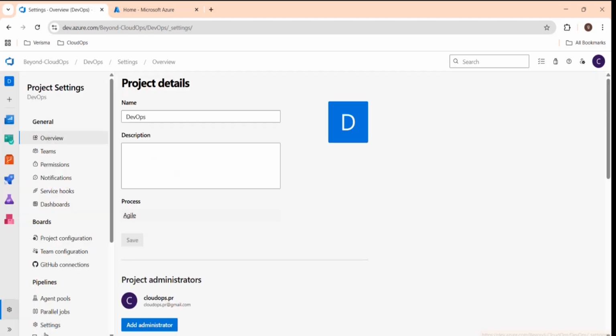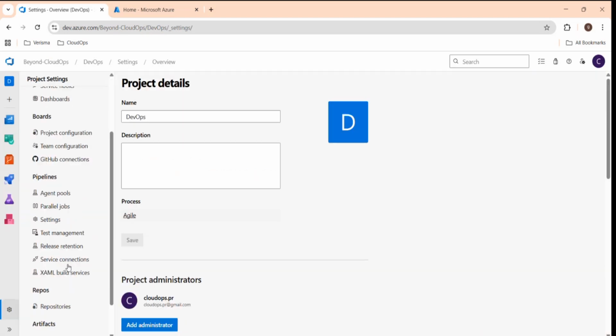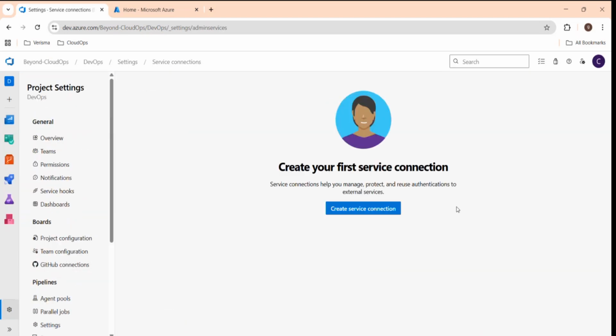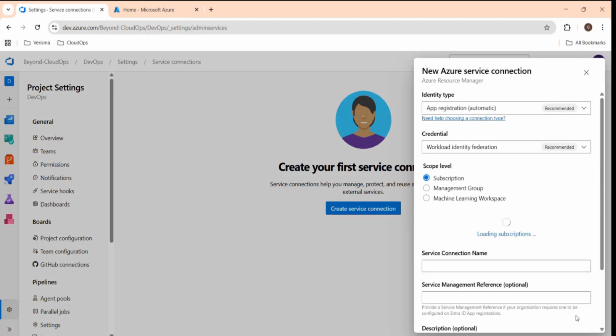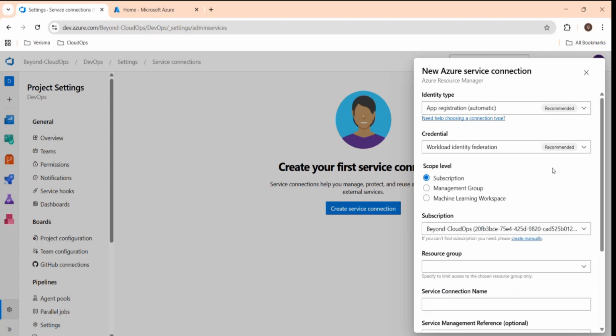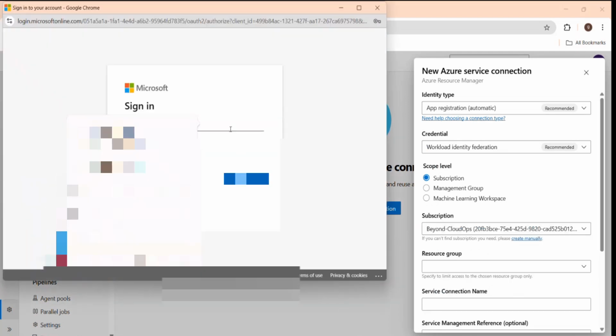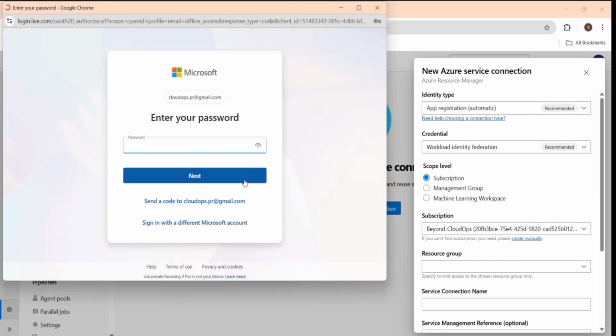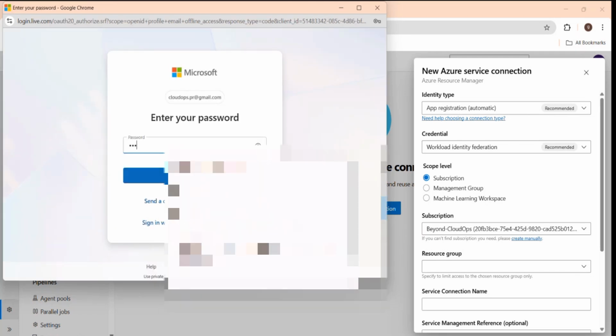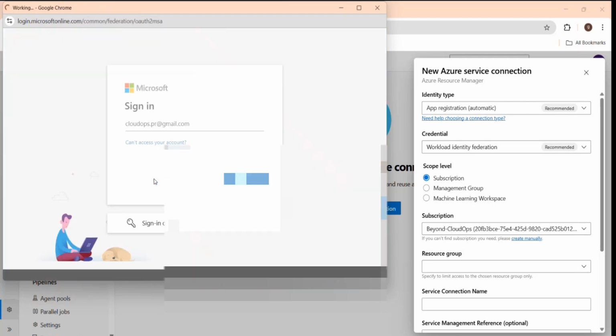Click on project settings, click on service connections, create service connection, select Azure Resource Manager, click next. And here we have to authenticate. Once authenticated,